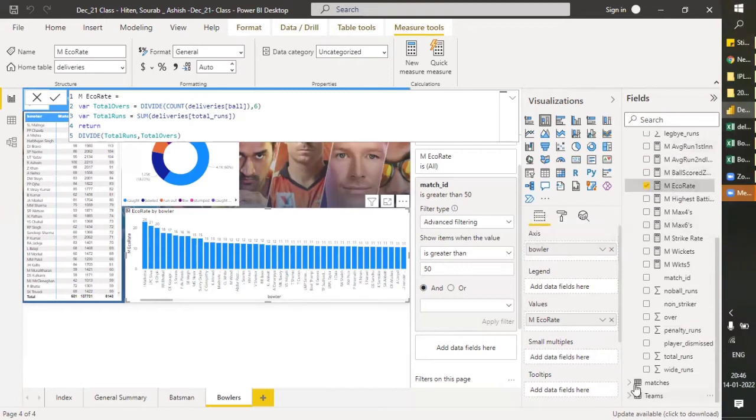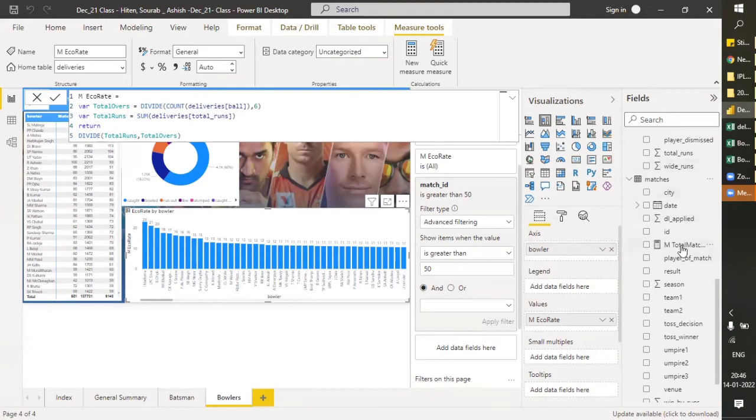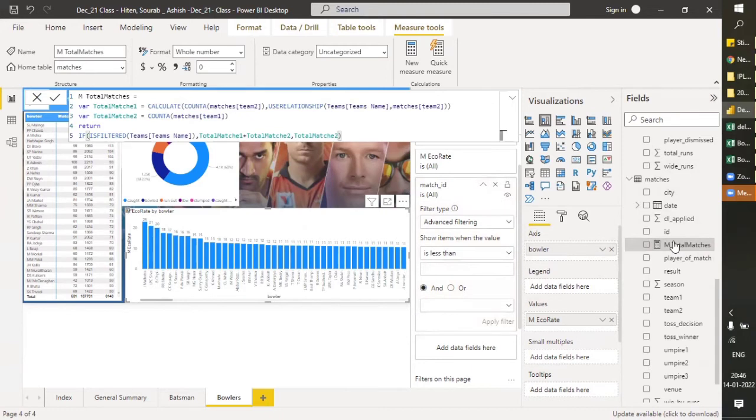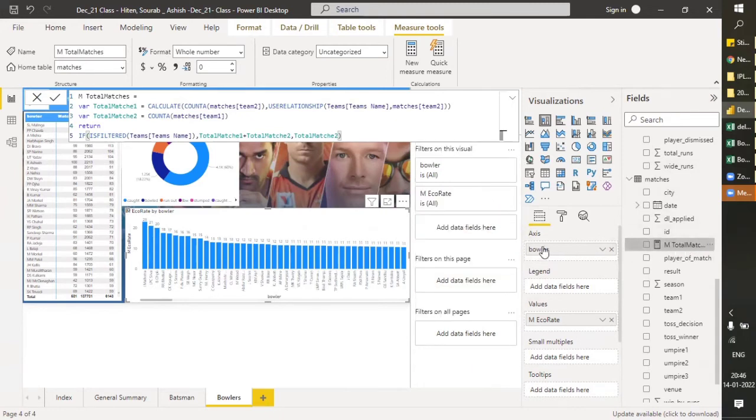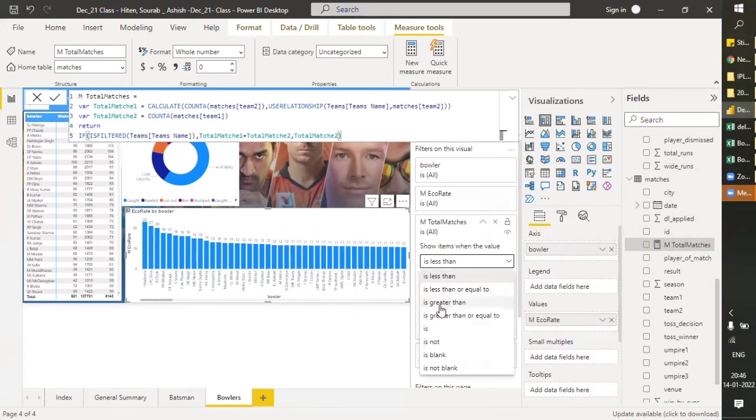We already have one total matches. Yes, this one. So let's remove this and remove this, and let's add it here. Greater than 50.